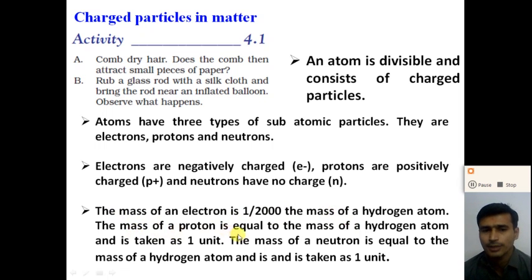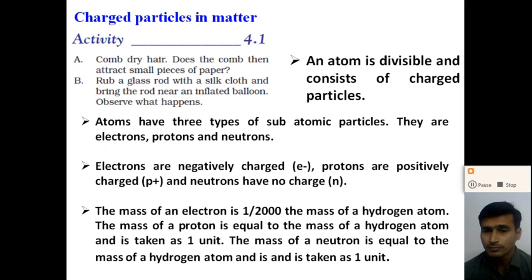The mass of the proton is equal to the mass of the hydrogen atom, and it is taken as one unit, right? So we consider the mass of the proton as one unit. The mass of the neutron is also equal to the mass of the hydrogen atom, and it is also taken as one unit. So dear students, the mass of the proton and the mass of the neutron are quite similar to each other, and are taken as one unit,